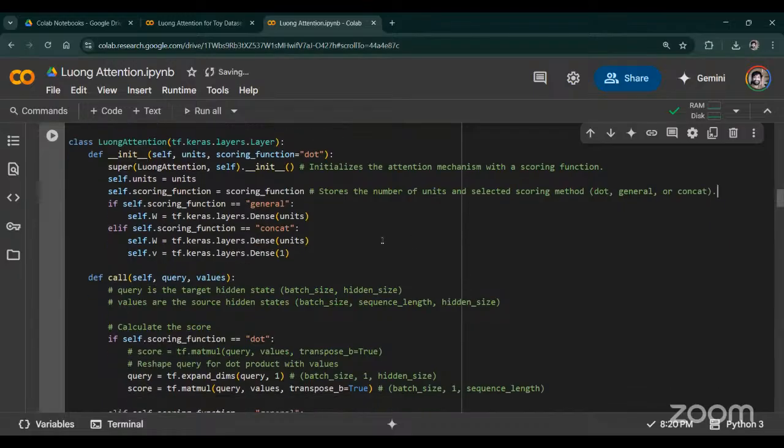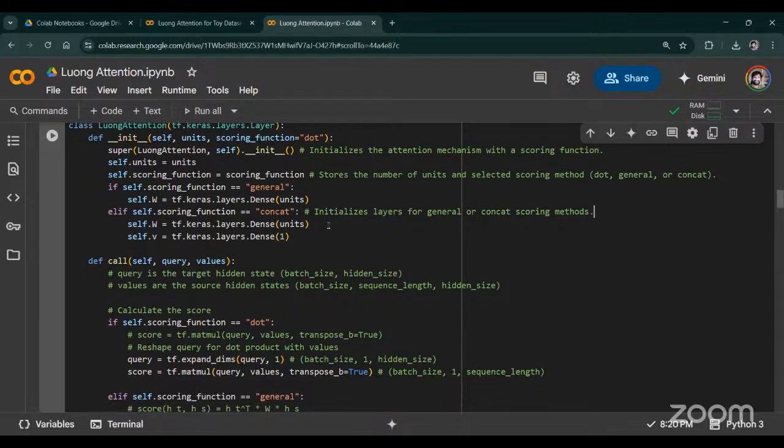The next part is the general function, which basically initializes the layers. I'm just adding one simple comment for this: this basically initializes the layers. That's it. We have already understood that. Now, what is going to happen? In simple language, let us